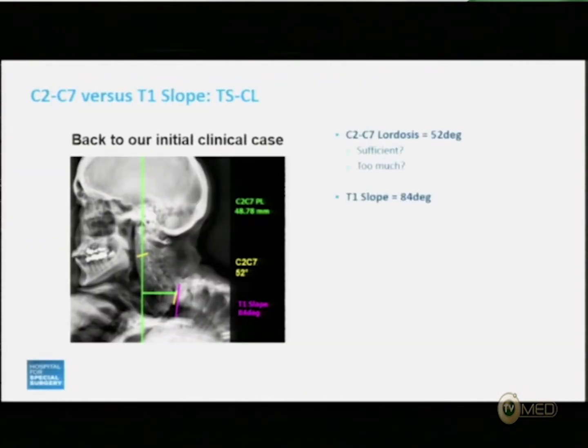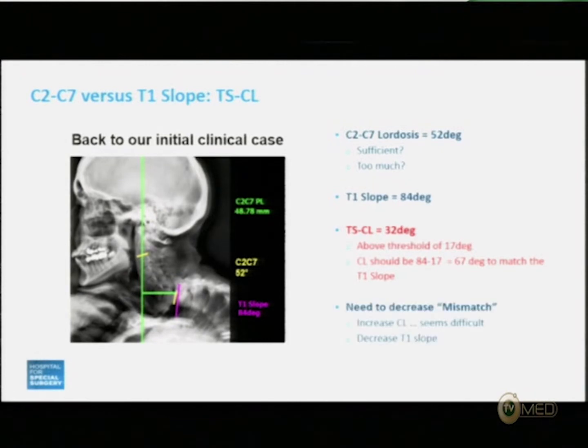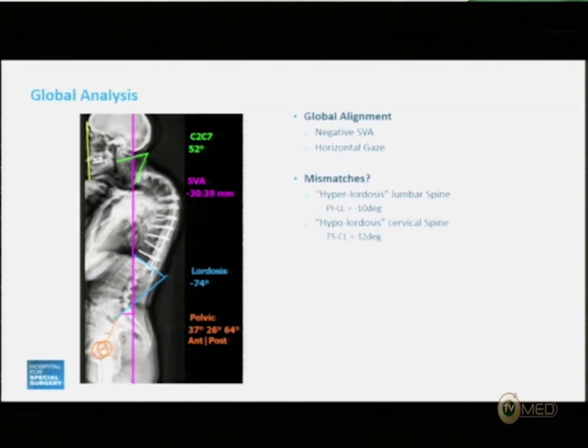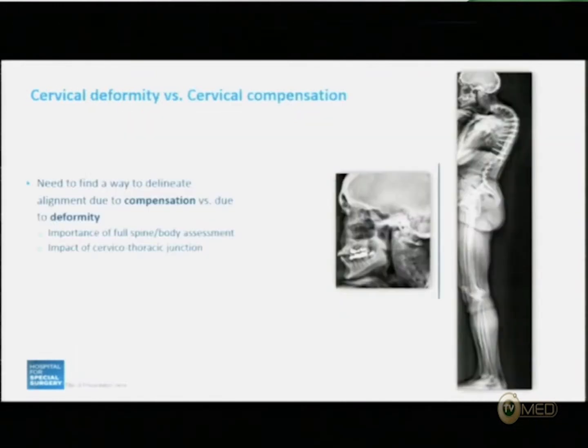So this is like an example. Maybe I'm going to skip this case so that we have time for questions. And let me go to the last part of the talk, which is, and that's always tricky in any pathology: when you measure a parameter to try to identify, is it a deformity parameter or is that a compensation? Because sometimes they kind of look the same.